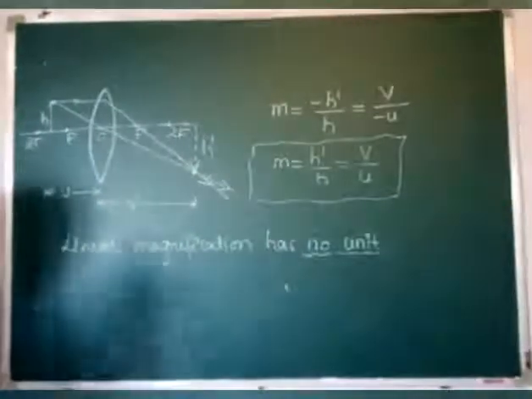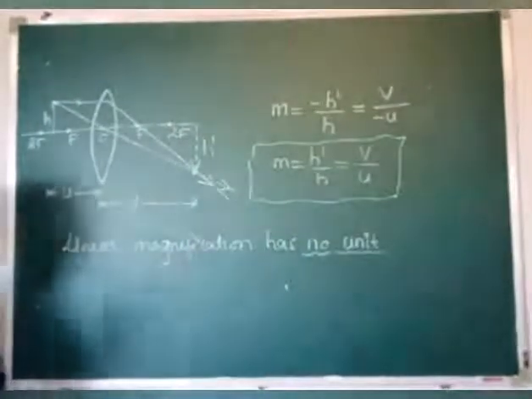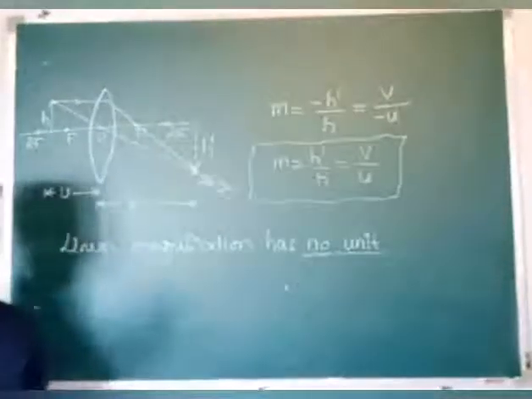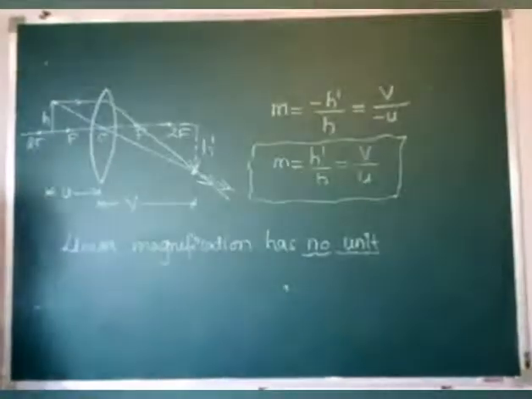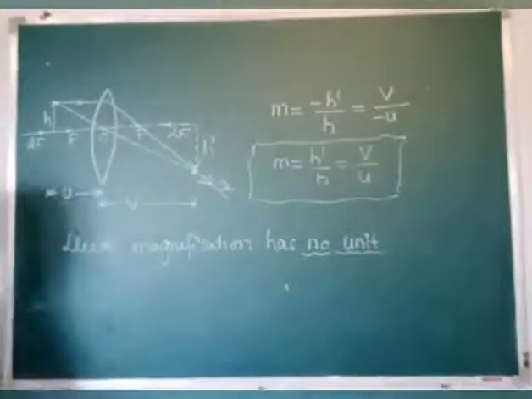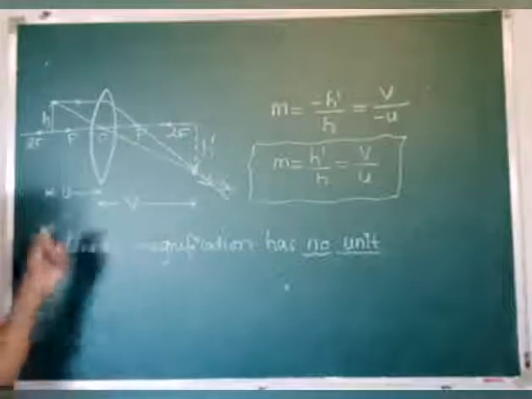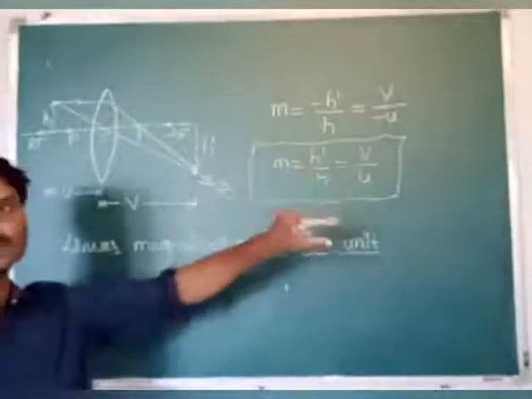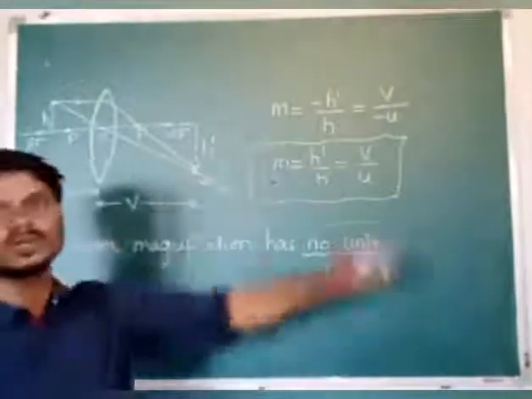Okay, so let us discuss some special cases related to the magnification produced by the lens now. What about those special cases here? And one more thing, in case of concave lens, how to write this one? For the concave lens and for the convex lens, we are going to apply the same formula here. See here.